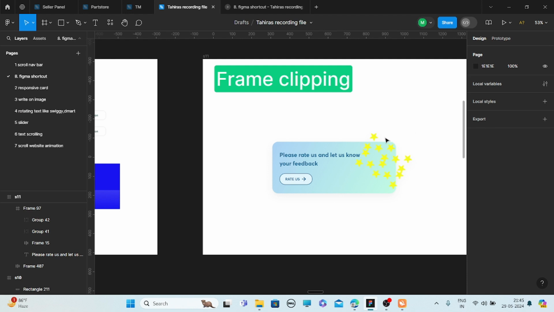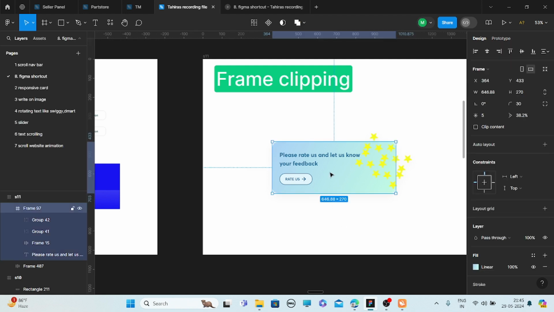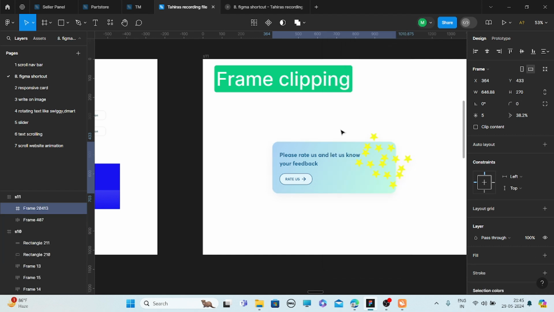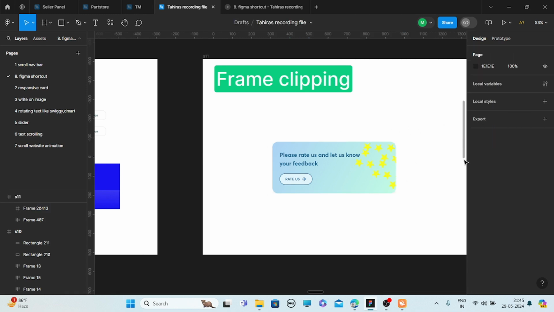Now you can see the stars are present outside this card also. Simply select this frame and make a frame selection and click clip content. Now you notice that all the stars present outside are not visible. This is very useful.